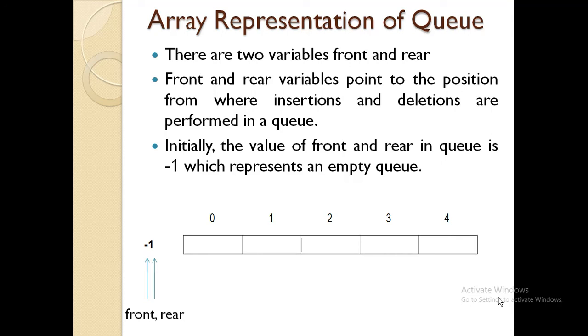Now let us see how queue is represented. Here in this video we are going to use an array for representing a queue. As we know, array stores the elements in a linear pattern, one after another in a sequential pattern. So here there are 5 elements that you can insert in a queue. So max of queue is 5 here, and the index positions are 0 to 4. Initially the front and rear pointers, the pointers which are used in operations in a queue, are at -1.